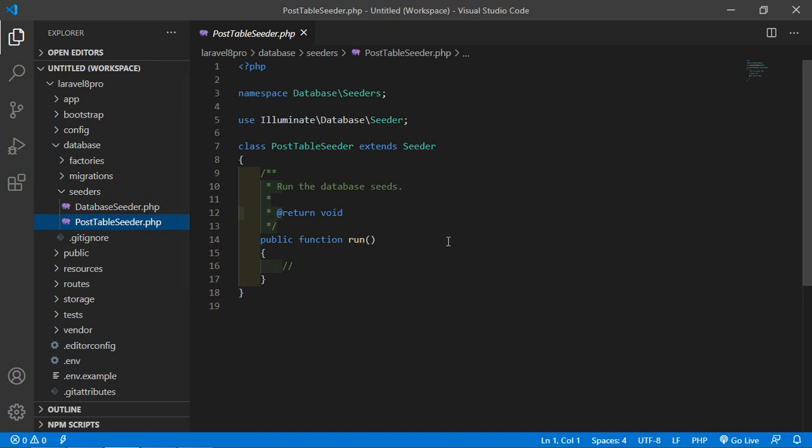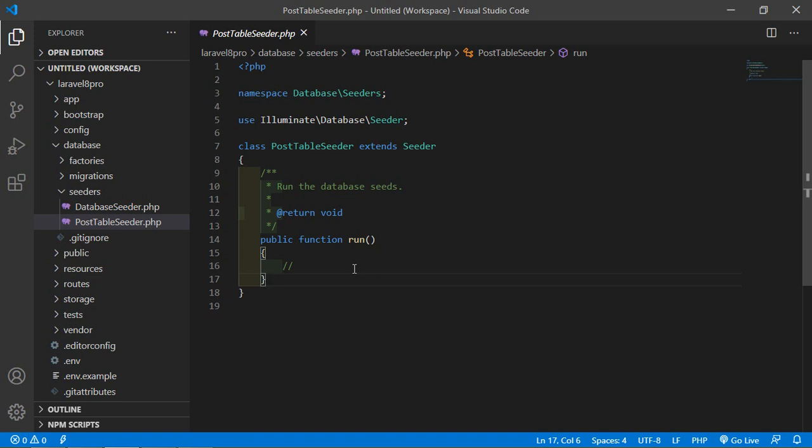The PostTableSeeder class only contains one method by default, which is the run method. This method is called when the db:seed artisan command is executed. Within the run method, we can write code to insert data into the database.